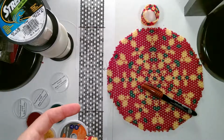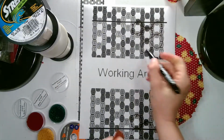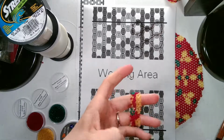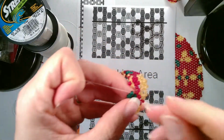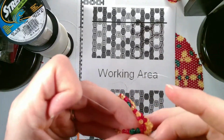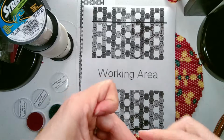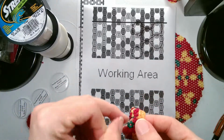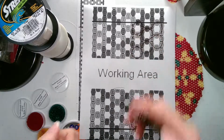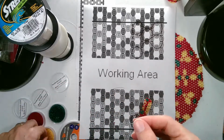Now, we have just added this circle right here. So we want to bring our string around. So the right string will go through the 2 side beads as usual. And then it'll go through the bottom bead from the circle on the other side. Then we'll take our left string, the one that we are adding to, and we're going to add 1 and then cross 1. So we're going to add a red, and we are going to cross with a yellow,